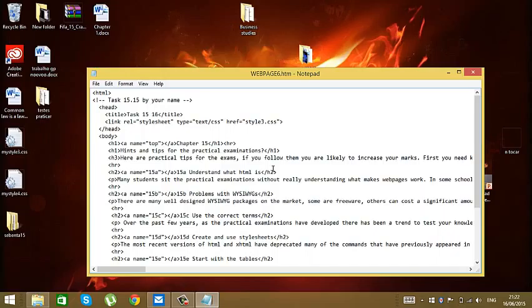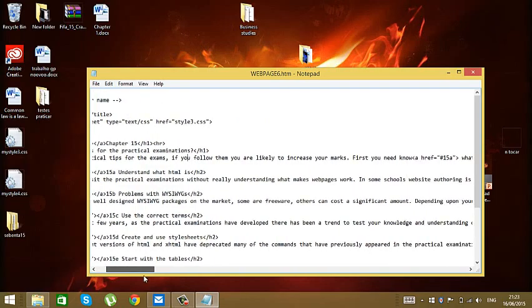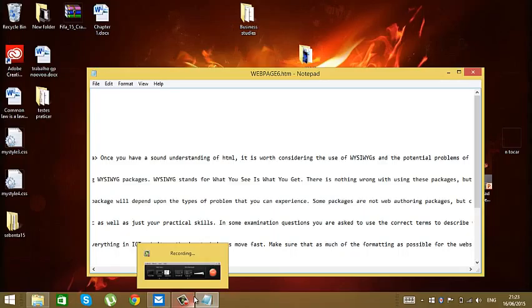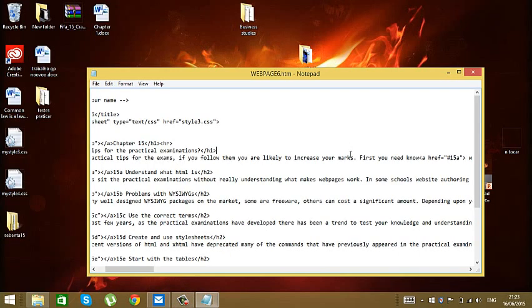We will go now to 15B. Once you have a sound understanding of HTML, it is worth considering the use of. Then we'll put it here.